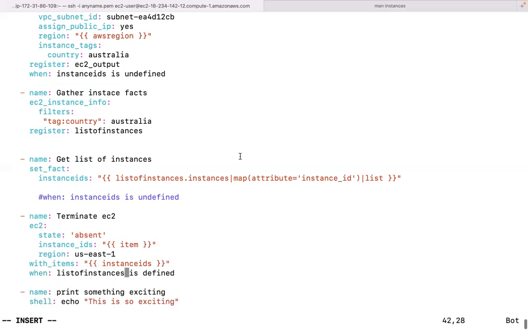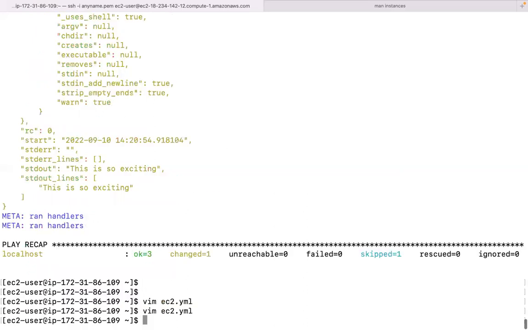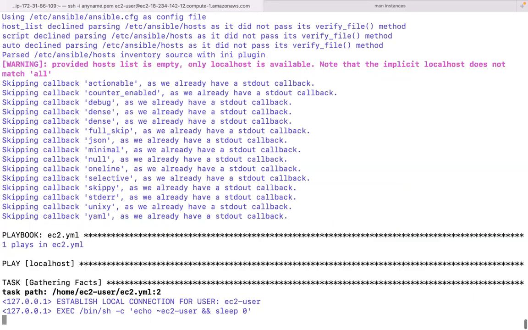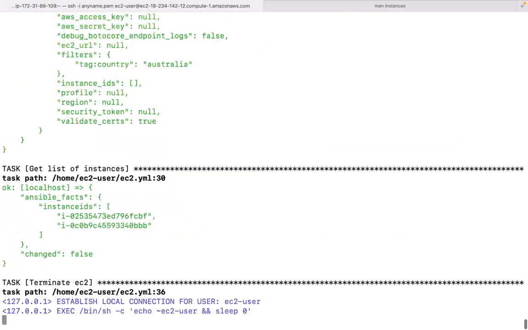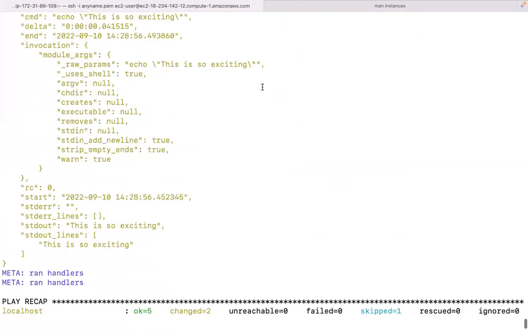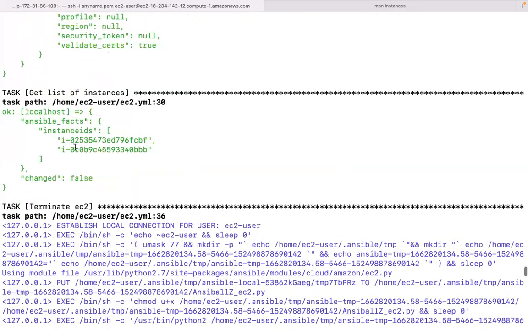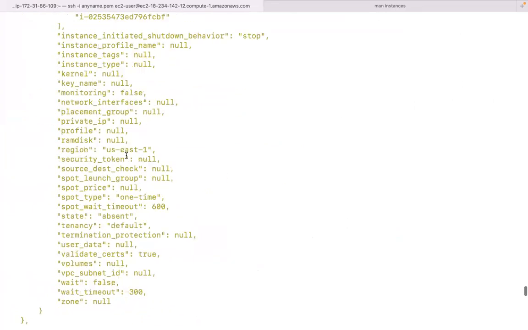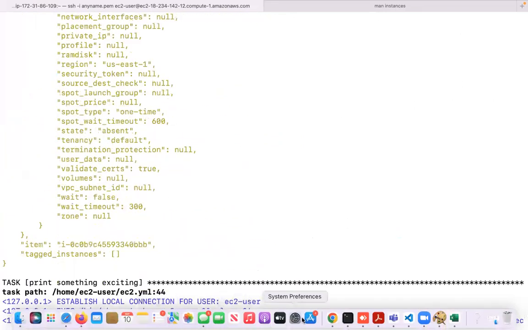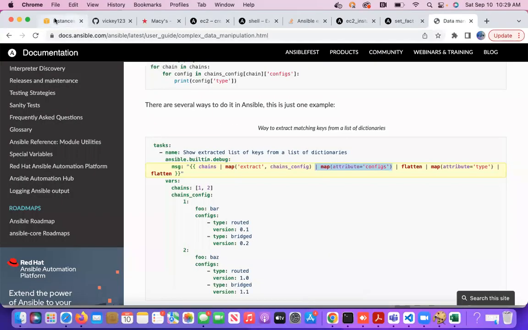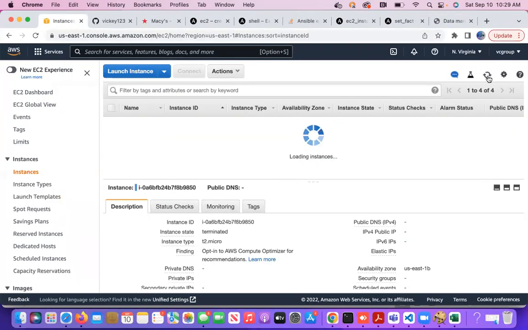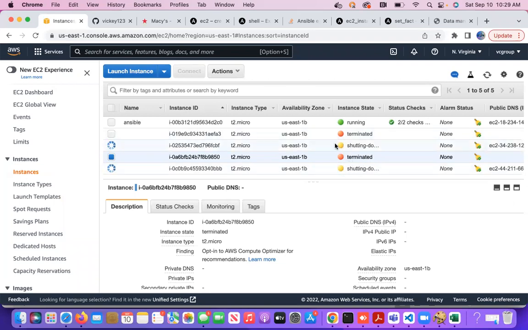is defined. Now let me go here and just run it. You see that now we have the list of instances, the instances with the tag. There are two instances with the tag, and we got the list of those instances, and those two instances are being terminated. Let me go ahead and verify our instances. You see that two of the instances are shutting down. Okay, any questions from